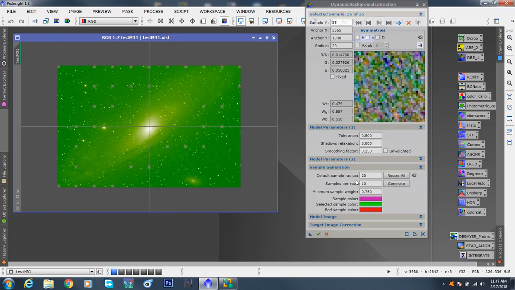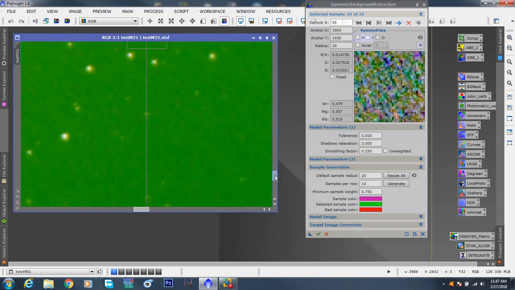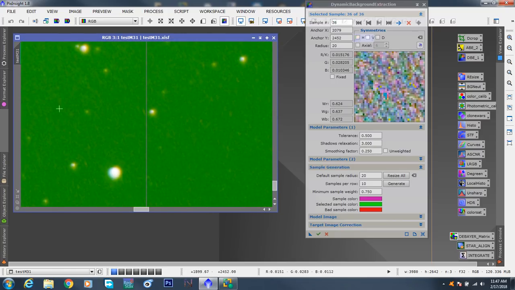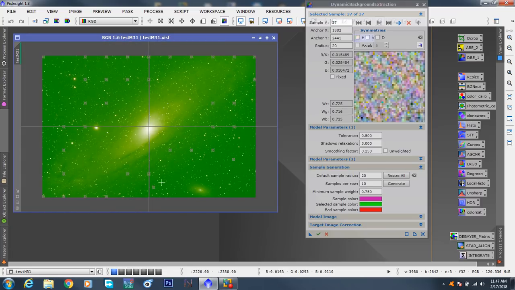Now when we executed that, it automatically placed them all over the place. Now you know that, well, you didn't know, but hopefully you'll know now, that you can add samples yourself. Let's just go here and put one. There's one here, and I'm going to put one there. There we go. So we just added 2 of them. So you can place points everywhere. What's the point? No pun intended. The point is to only put sample points on the background, never on top of the galaxy, not on top